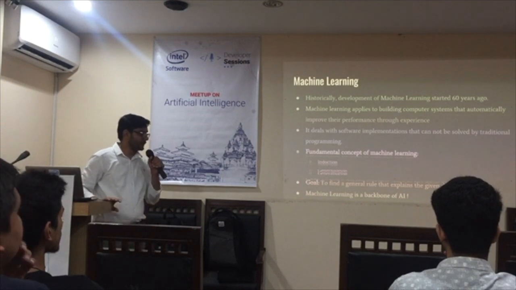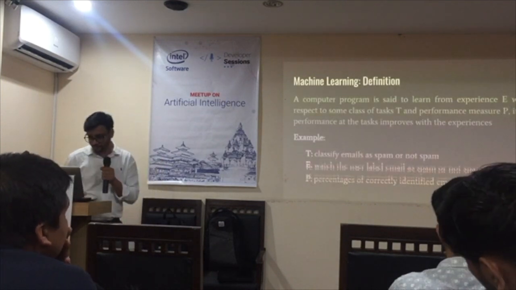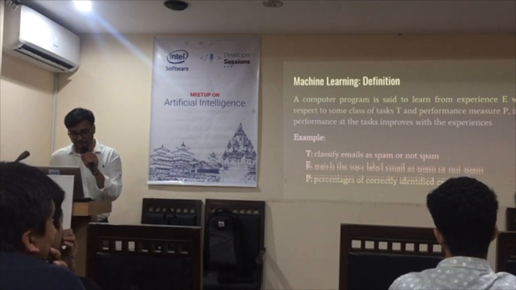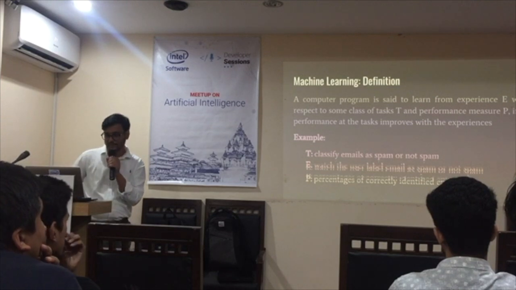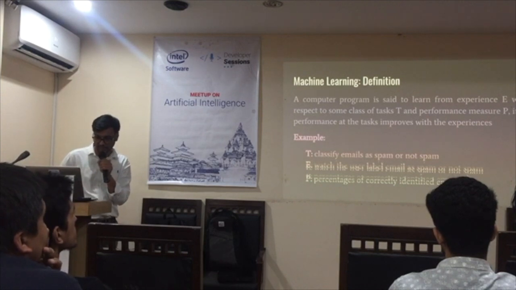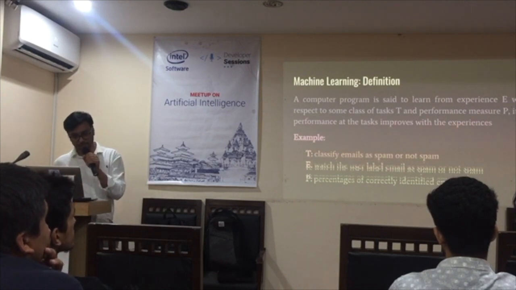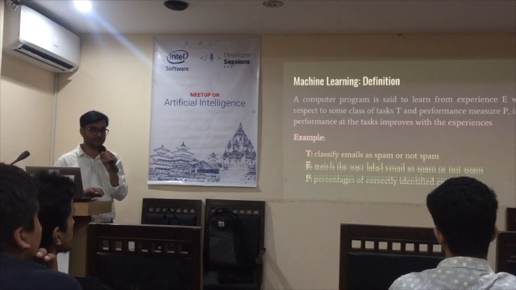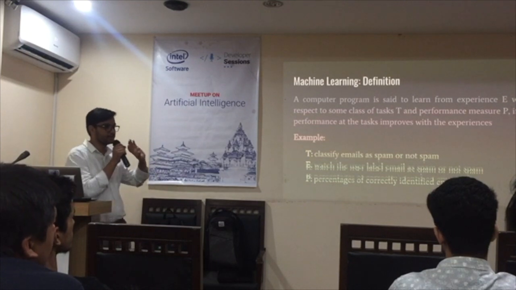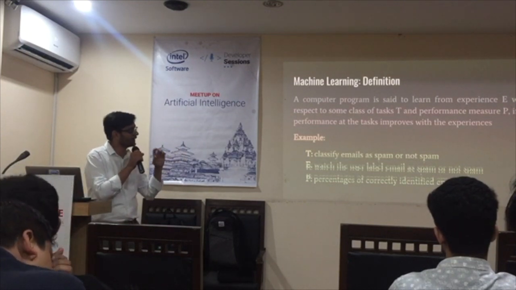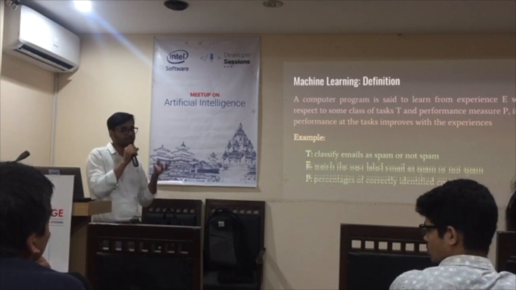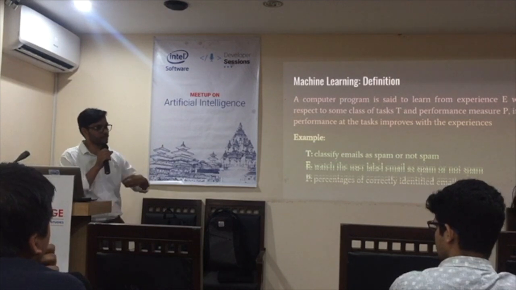And now machine learning is the backbone of AI. The formal definition of machine learning is a bit complex, but we can understand it. A computer program is said to learn from experience E with respect to some class of tasks T and performance measure P if its performance at tasks in T, as measured by P, improves with experience E. It says it will learn from the examples, from the input data. Then it is machine learning. If any algorithm or script can learn from data, then that algorithm is a machine learning algorithm.